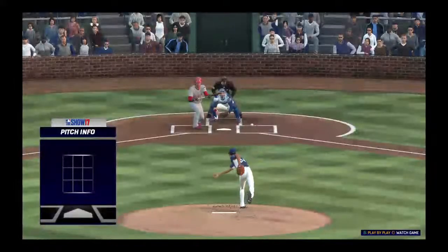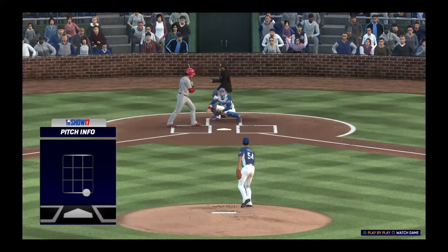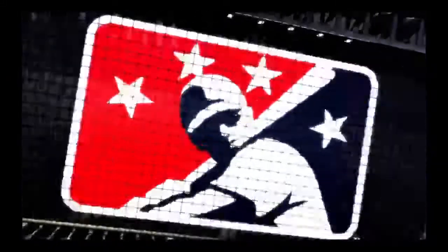Well, I'm glad we get another look at that beauty of a pitch right there. You can't spot a sinker in a better location because even if you do get the bat on the ball,